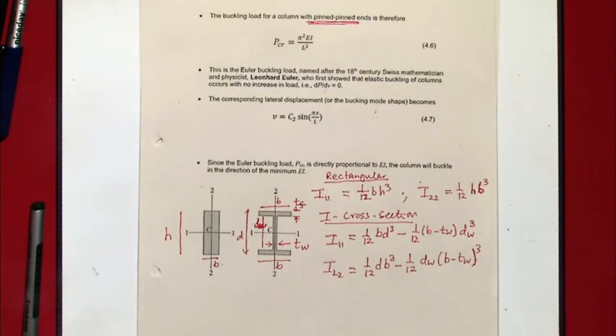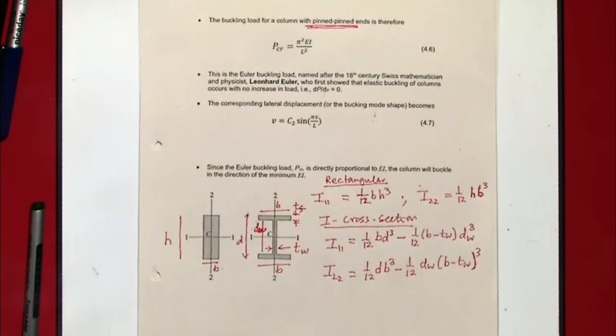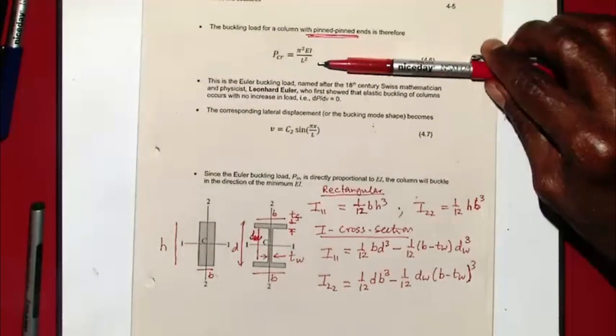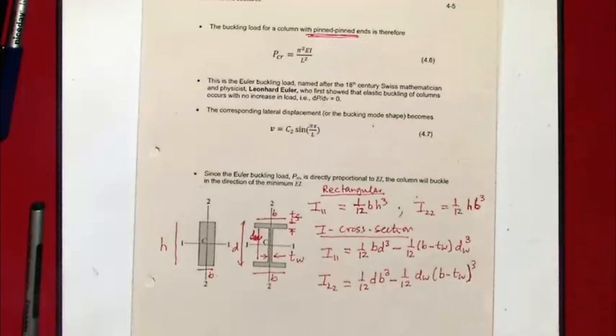So if I have a structure which is in compression and is made of an I-beam, then I will have to determine this based on an I value about 1,1 and an I value about 2,2, and then whichever one gives me the lower value of load, I will say that is the load that will cause failure, and that is the direction along which it will fail. But